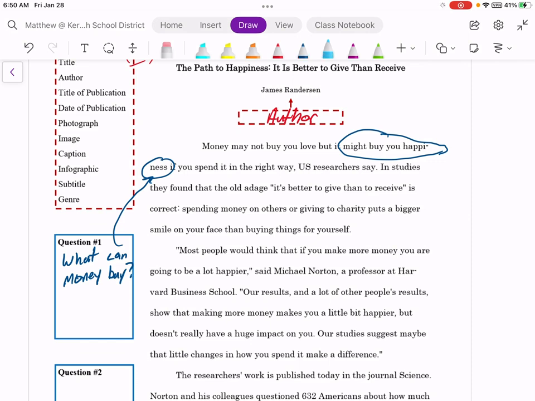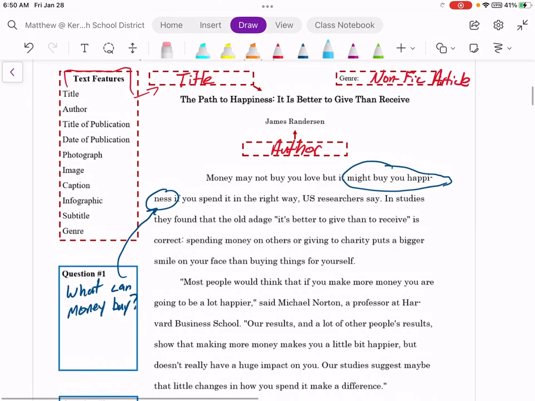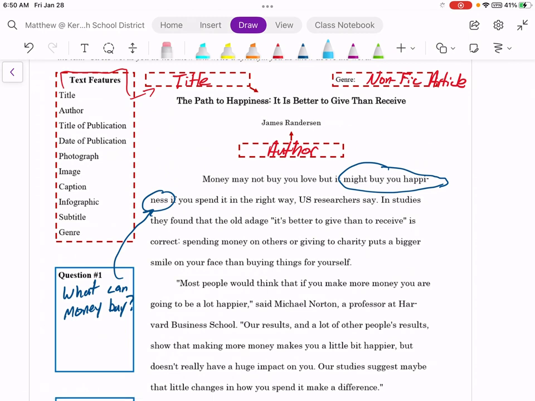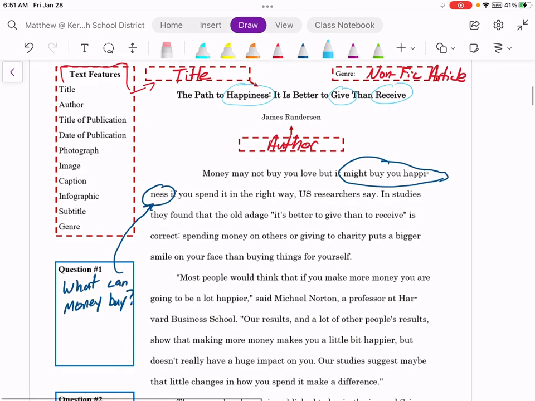As we read through the article and we're annotating, we also want to circle high-frequency words that are important to our understanding of the text, and then box any words that we are unfamiliar with. So I can assume that because this article seems to be about happiness, giving, and receiving, those are going to be some of my key words. It also looks like money. Again, I'm going to circle the happiness.